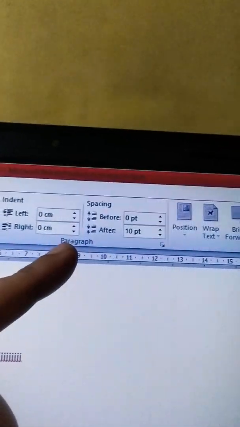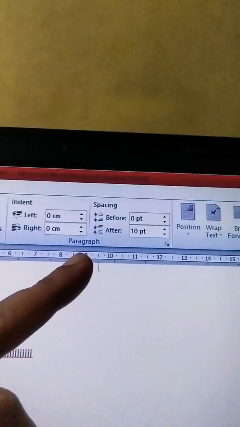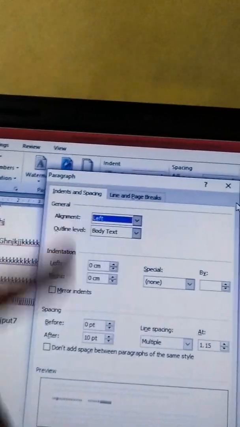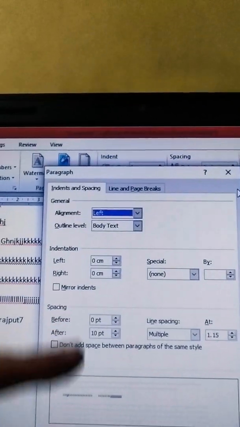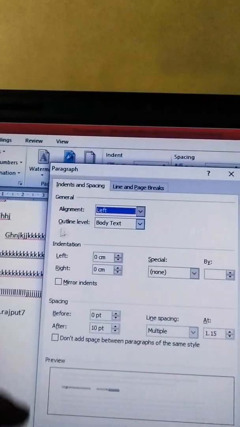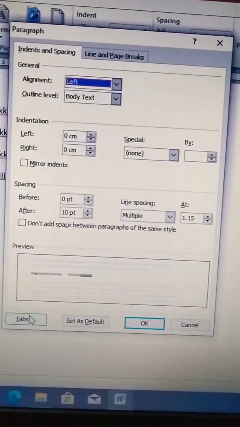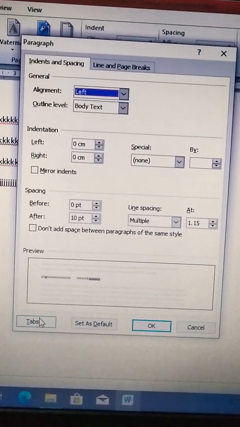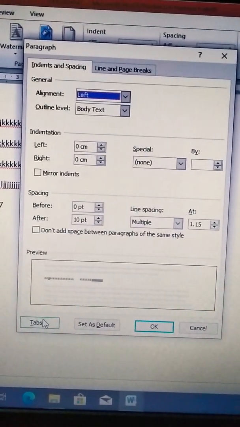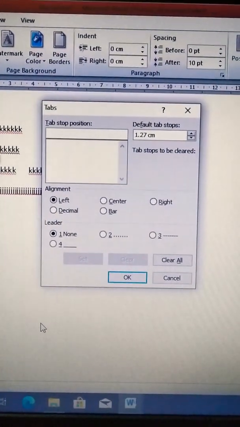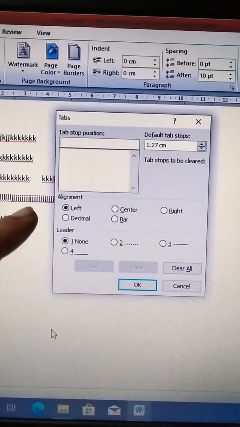Go to this arrow launcher and your paragraph dialog box will appear on the screen. At the bottom side here there is a tab button. You press here, and again one small dialog box will appear on the screen.